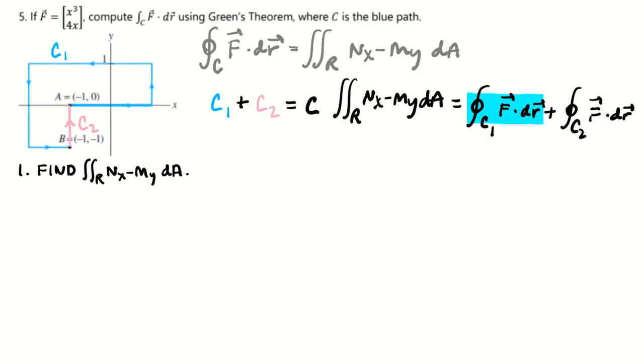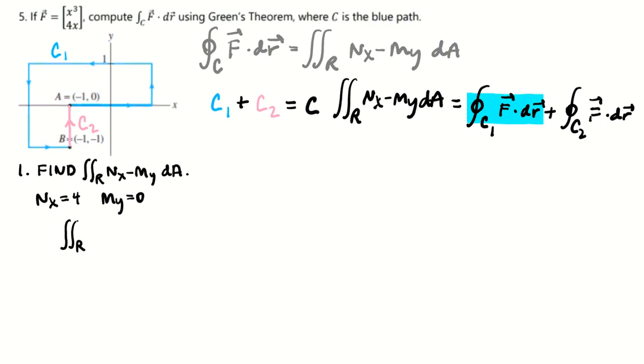Right, so first I'm going to find that double integral. So it's actually not going to be so bad. What we need to do is figure out what Nx and My are. Nx is the derivative of 4x with respect to x, and that's just going to be 4. And My, well, there's no y's in that equation, so that's going to be 0,